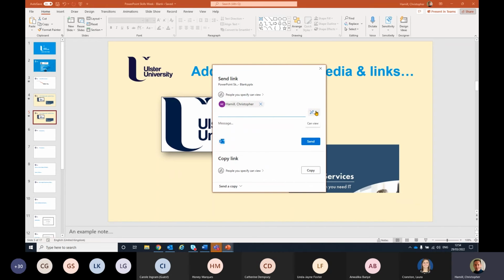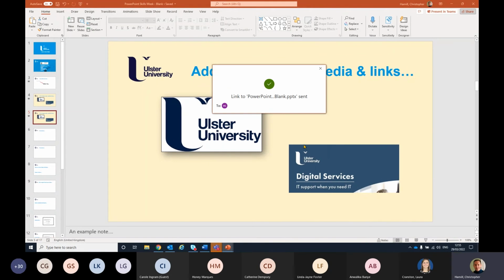You'll see that is actually a pencil with an ink through it. It basically means I'm only giving viewing access. I can change that because I want my colleagues to be able to collaborate on it with me and change the presentation. So I'm going to let them edit it, and then I can send them that link. That'll go via email. Instead of being a traditional email whereby the person will receive it, and if I make changes, we're emailing a copy of this back and forward,